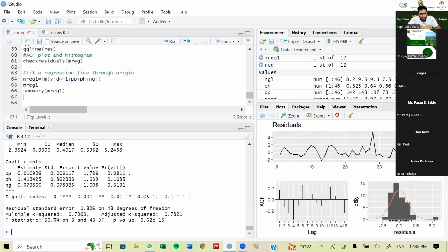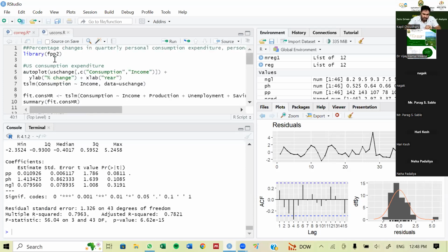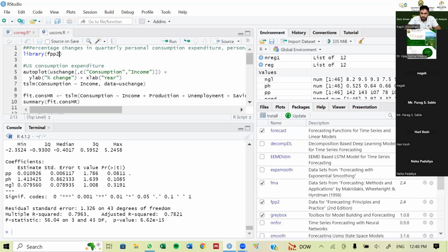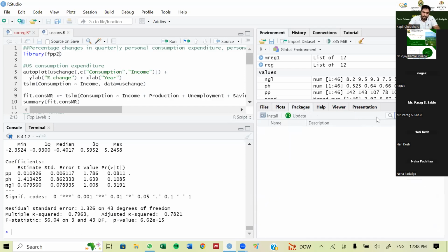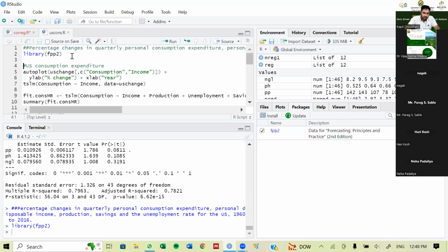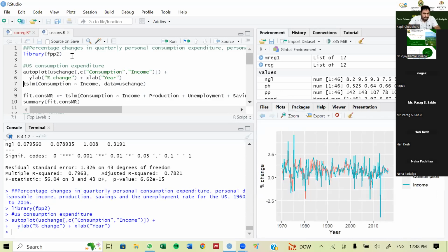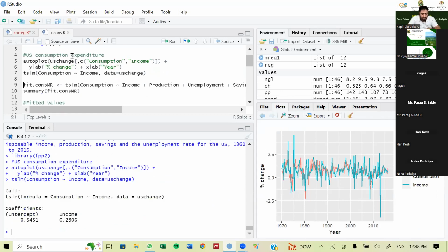You can use any type of data. Actually, I have taken another dataset for consumption, stored as consumption data, because of income and consumption. You can run this data also, because there is a library function, fpp2. Again, the same thing, no changes here. So again it is a library like fpp2. I'm going very fast. It is my consumption and income data. If I fit this line, what will be my intercept and what will be my income